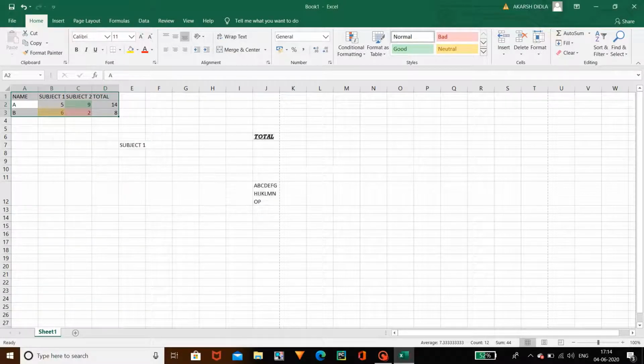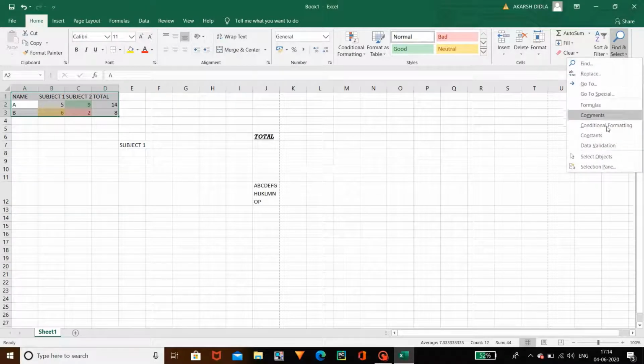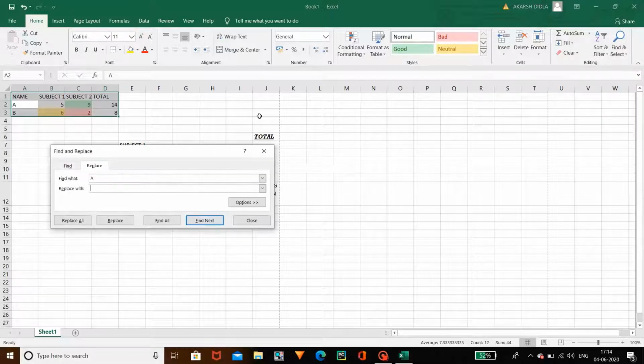And you have another option to replace. You have different options. I'm showing you two examples. Replace: if you want to replace, find what a, as we had searched the a. If you want to replace b with some other number or letter, like b with c, you can use this find next. Next you can find and use replace. As there is b here, you can replace it. It has been replaced by c. Likewise you can use it.